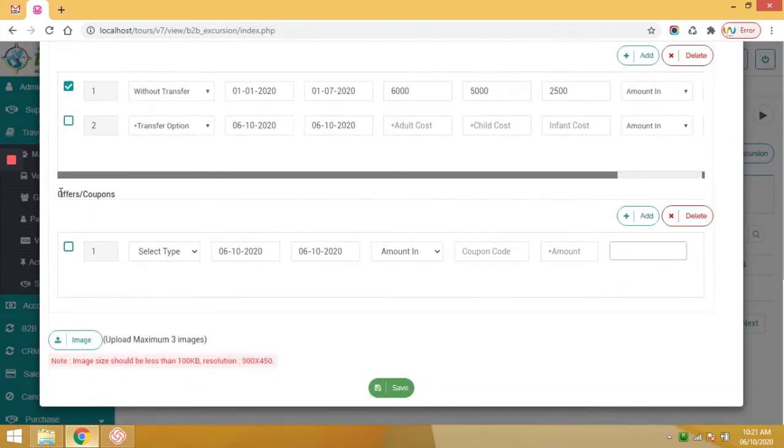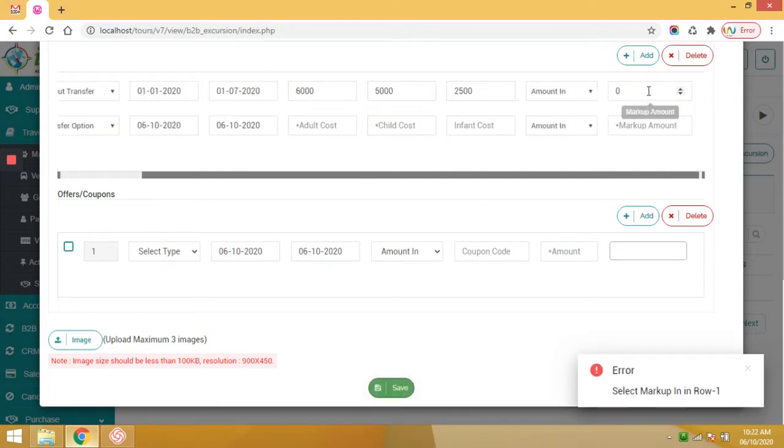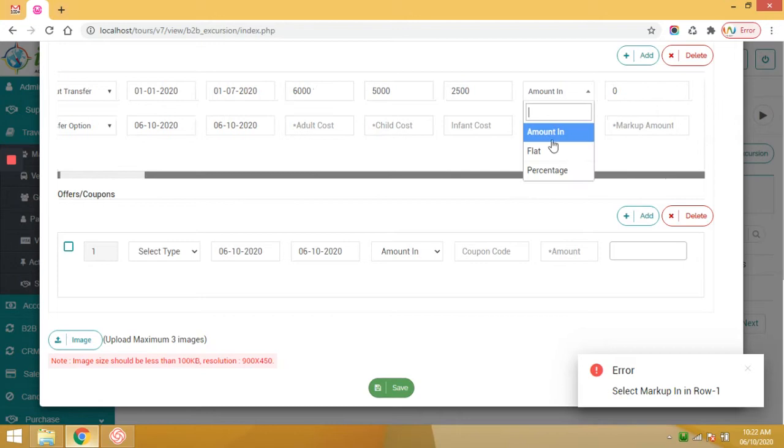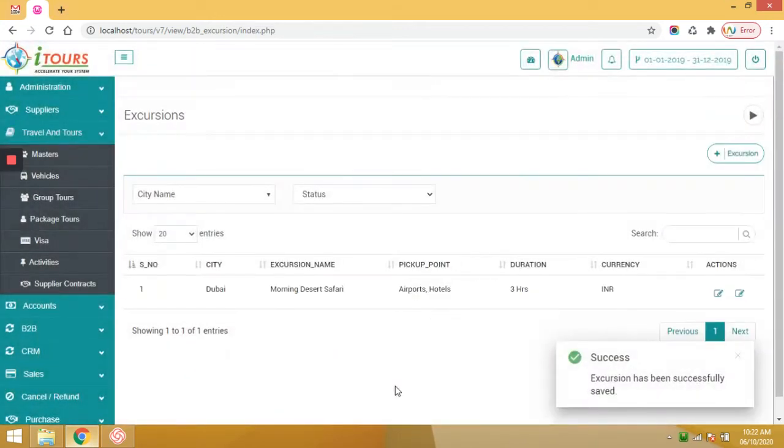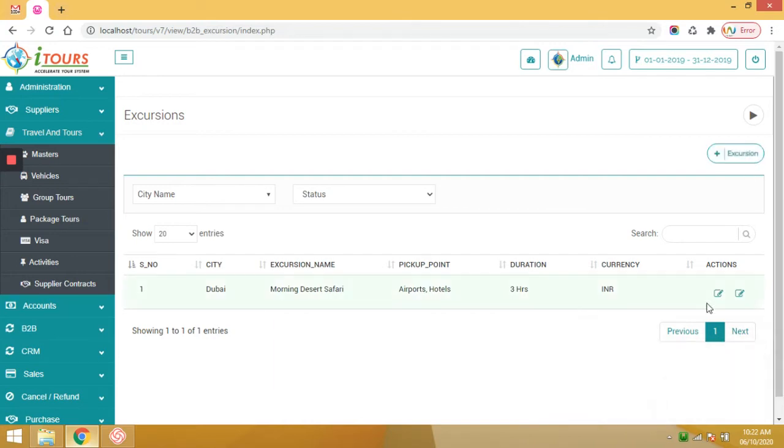You can upload the images with the given resolutions and click on save. In this way you can add multiple excursions, you can update the details, you can update the slot times. So this is all about the excursions or the activities.